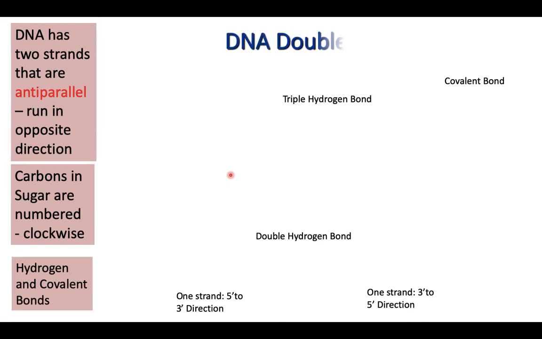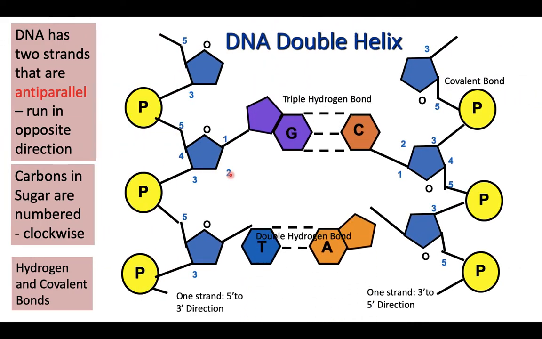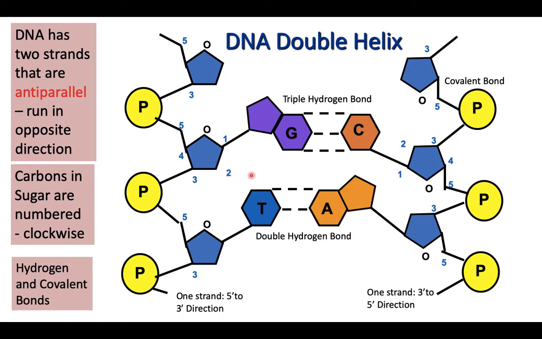Let me skip a couple slides ahead and show you what determines that anti-parallel structure. The carbons in these pentose sugars are numbered, and we start our numbering after the oxygen found in the deoxyribose. Every time you see a little peak in the pentose sugar, that represents a carbon. This would be carbon 1 right here, this would be carbon 2, carbon 3, carbon 4,